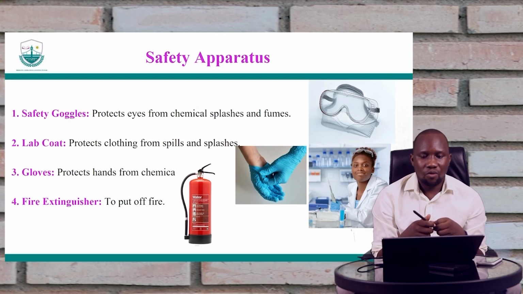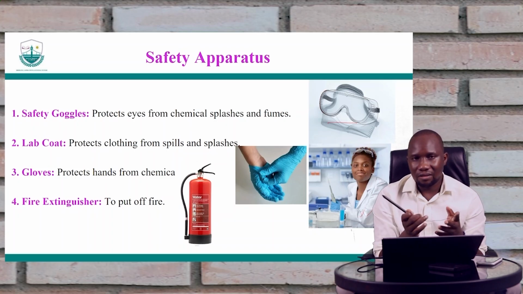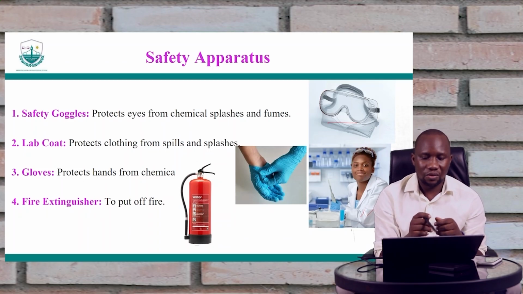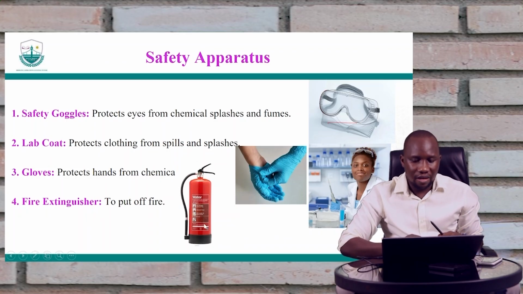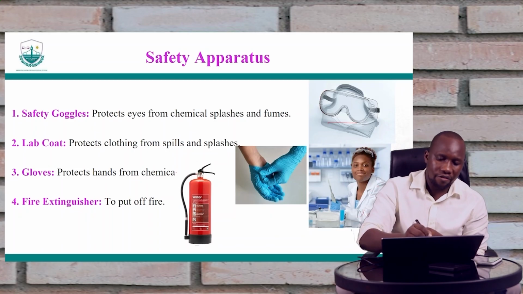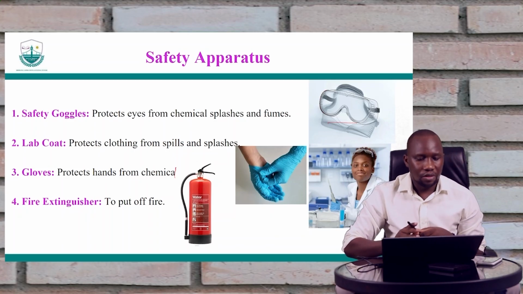So we look at the safety equipment, the ones that you can use for protecting yourself. Safety goggles, protecting your eyes. The lab coat, avoiding spillages or splashes. A chemical may spill onto your skin if you don't have a coat. So the coat basically protects you. The gloves, very important if you touch chemicals that are very corrosive. And then the fire extinguisher. Okay, the fire extinguisher for putting off fire if you have fire in